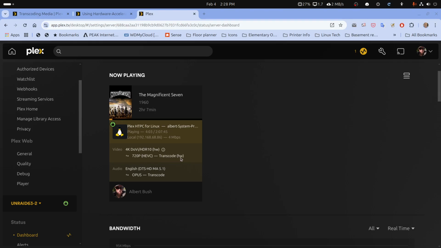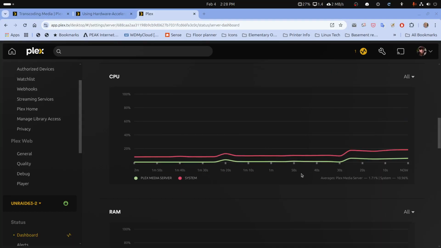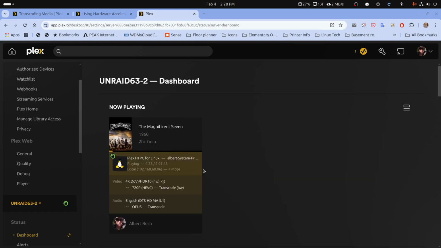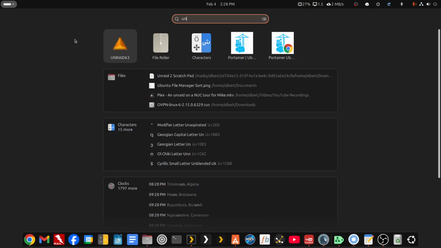HW means hardware. The software transcode is always off the CPU itself, and it is not resource intensive like the transcode would be if it was off the CPU. Off the iGPU, our usage is still low for the CPU. Unfortunately, dashboard does not have a GPU usage. But if you're running a server in Unraid,